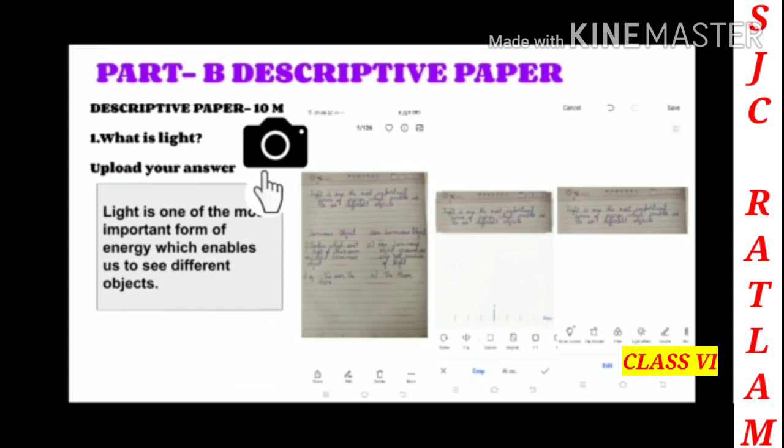Now children, suppose you want to upload the pic, so I am showing you how you have to do it. You have to write the answer on a sheet. You have to write your name, class, section or roll number, and then you have to write your answer. Now suppose children, these are the 2 answers that you have taken. Now you have to put only one answer for this question. So what you will do, children, you can see that I have cropped the picture. Only the first answer has been cropped, and we can see only the first answer. On the mobile you will get the crop option. So you have to crop this image, and then click on the save button. The image will get cropped and saved. Then you have to attach that image here on this image icon.